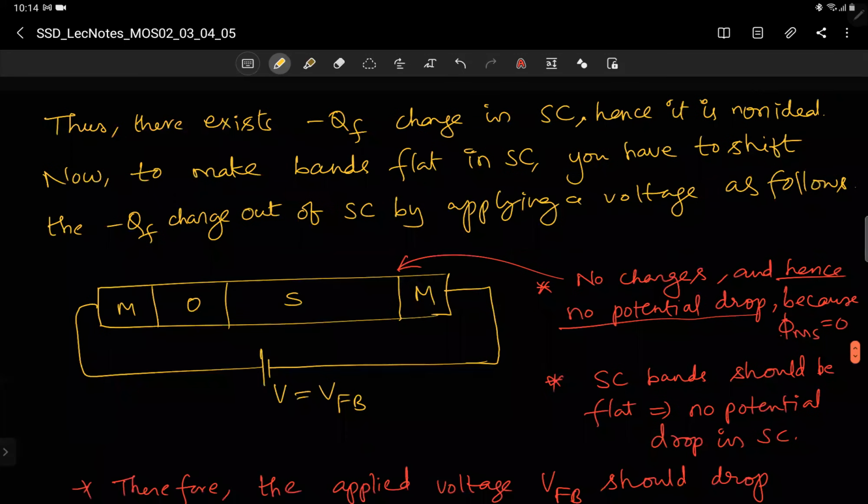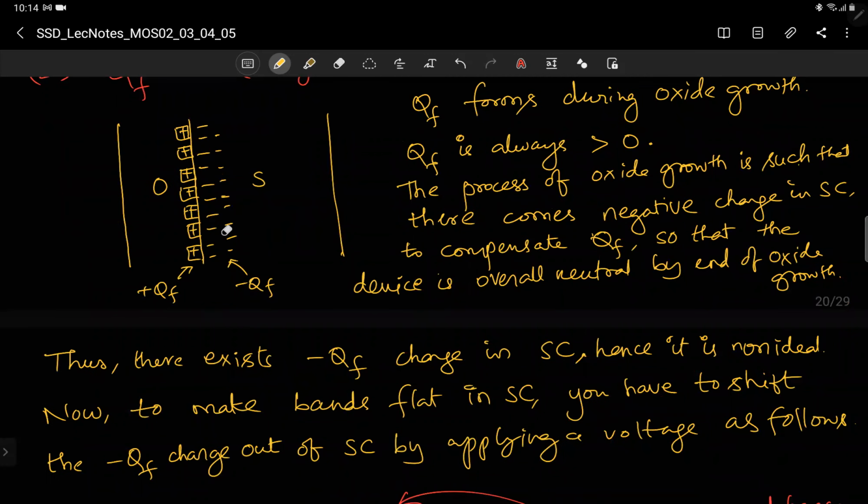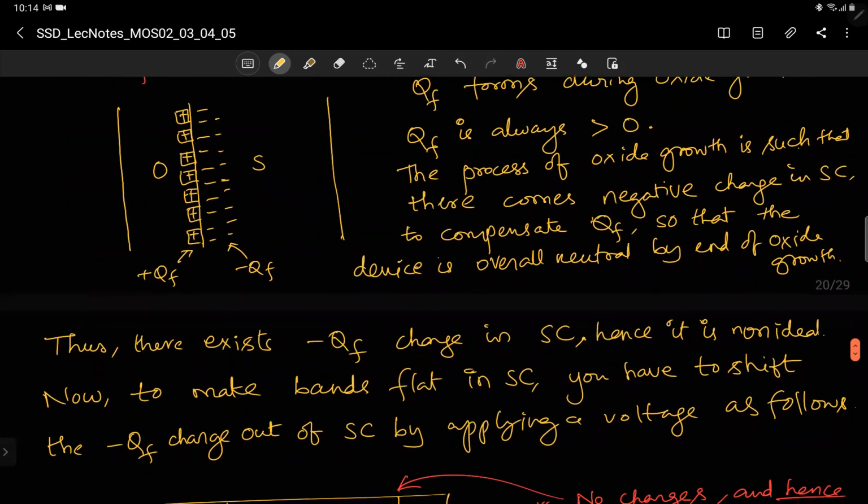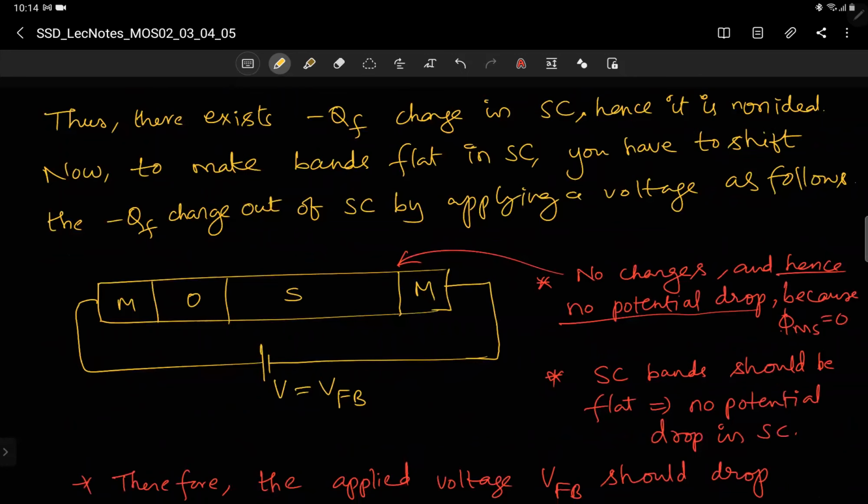Now there exists minus QF charge in semiconductor, hence it is non-ideal. Now to make bands flat in semiconductor, because this minus QF charge comes in semiconductor only due to band bending, what you should do is remove this negative charge. Okay, you should shift this charge. Our structure is something like this: M, O, S and M. All right, okay, and first of all, there are no charges in this